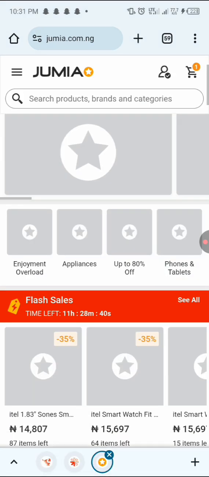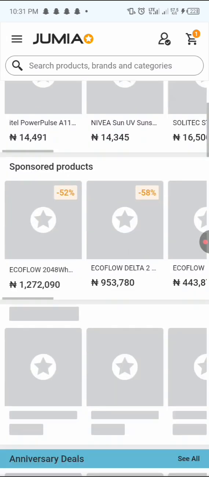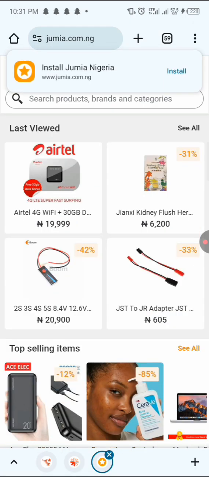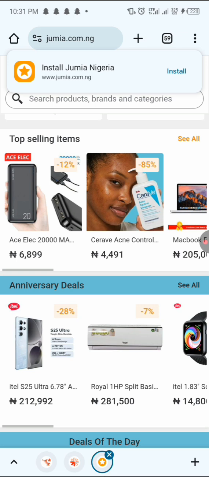You can also use any other store. Just make sure that their price is not too high. So I'm going to be looking for an item that is not that high. Let me look for, the price is not that high rather. So let me think of,